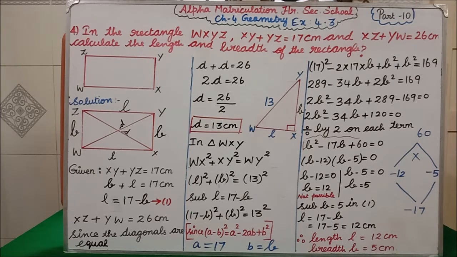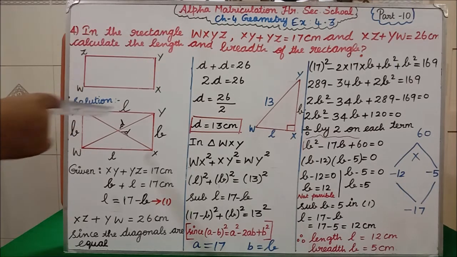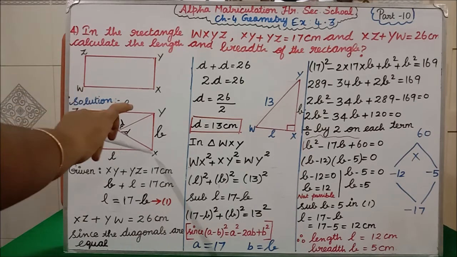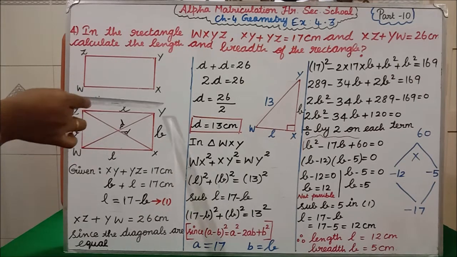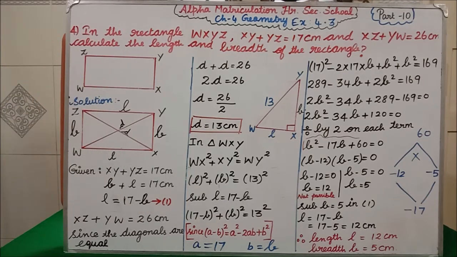So the diagonals are equal in the rectangle, I said, isn't it? So if this side is 6 centimeter, this side will also be 6 centimeter. So I have taken this side as d, then this side will also be d. For the diagonal I am representing d. They are asking us to calculate the length and breadth of the rectangle. We want to find the exact centimeter of the length and the exact centimeter of the breadth. Clear, all of you? Shall we start the solution now? Okay, now we are going to start the solution.